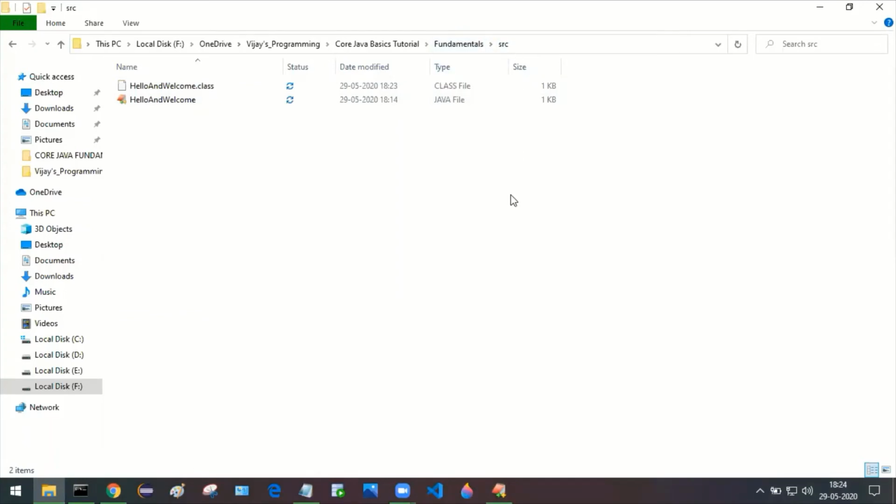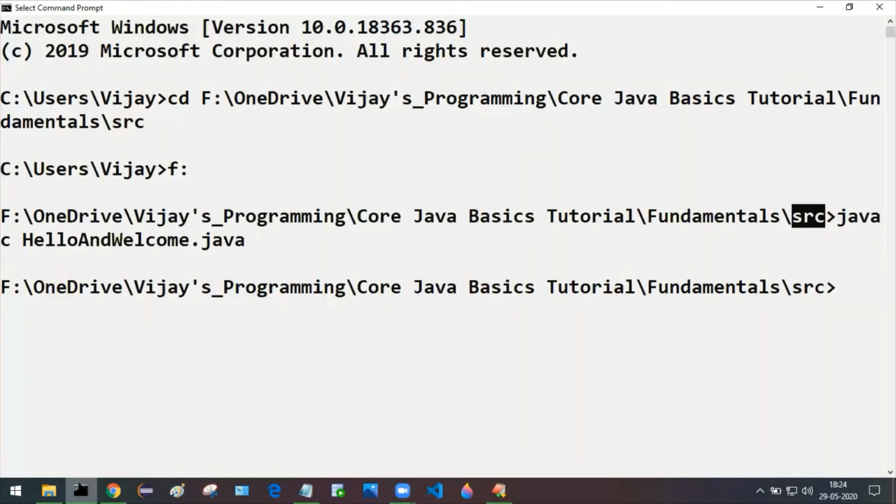This we don't want. We want to keep this file inside the classes folder. The generated dot class file should be kept inside this classes folder. That is our basic intention here, to use -d and double dot forward slash classes.